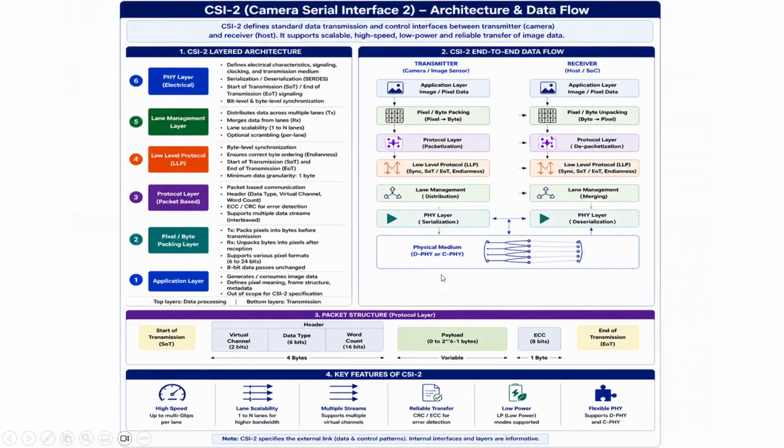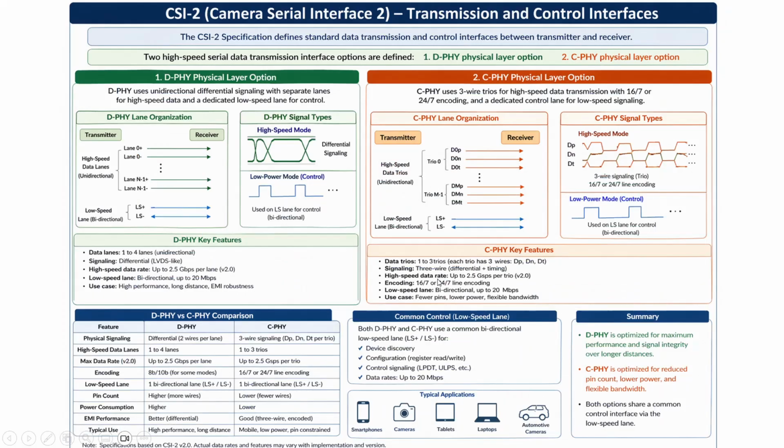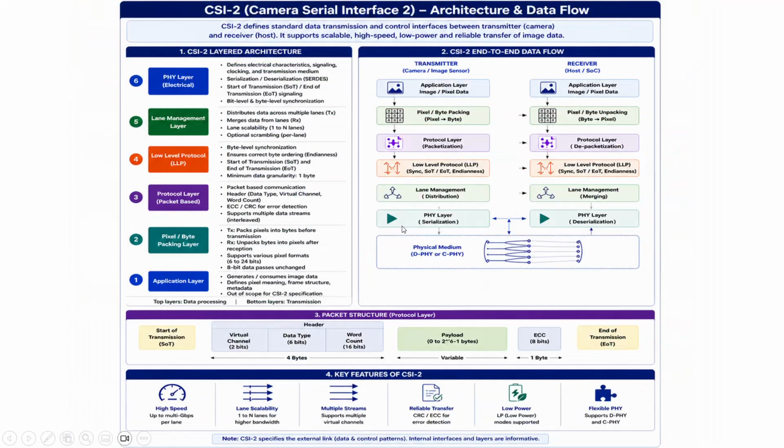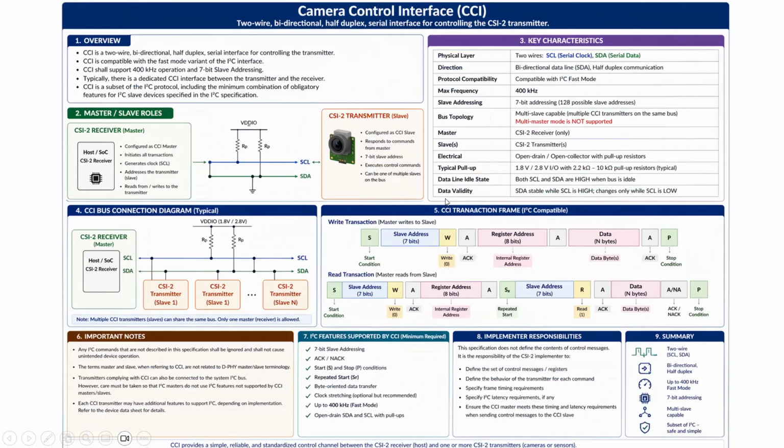Fine. Yesterday we discussed MIPI. In that, we covered what the CSI interface is, what the D-PHY layer and the C-PHY layer are, how they are connected, and the CSI architecture. In the application layer: pixel to byte conversion, the protocol layer, and then the low-level protocol, lane management and PHY layer. All these things we have discussed, and also how CCI, the camera control interface, will work here,